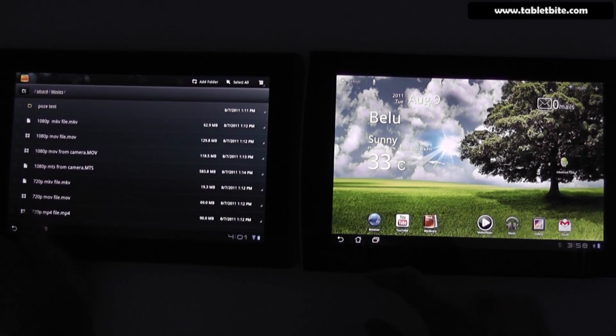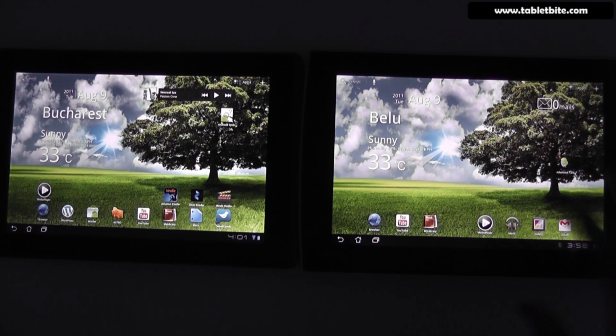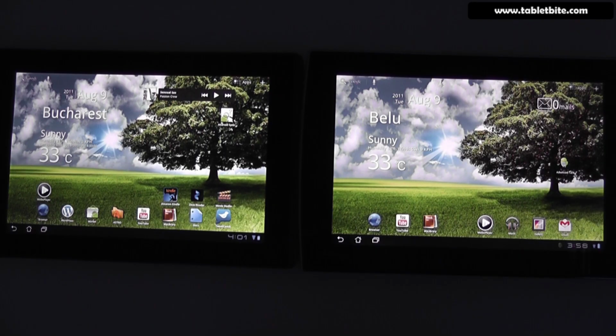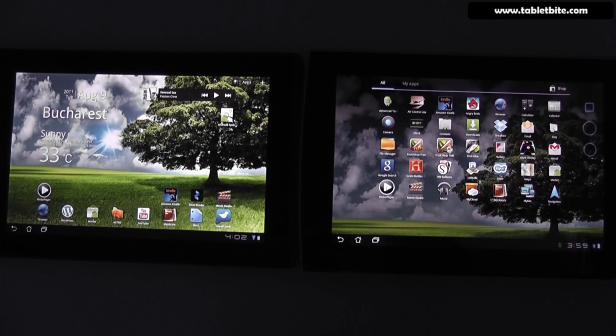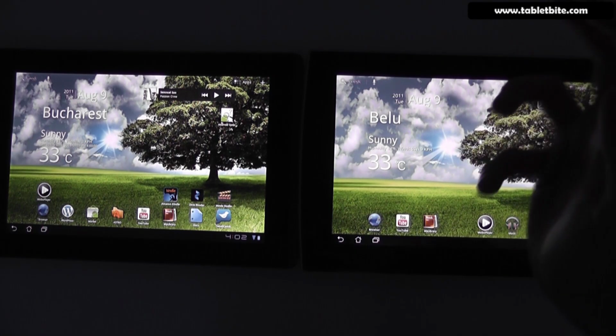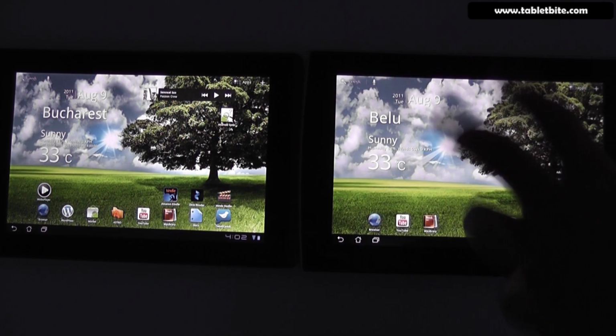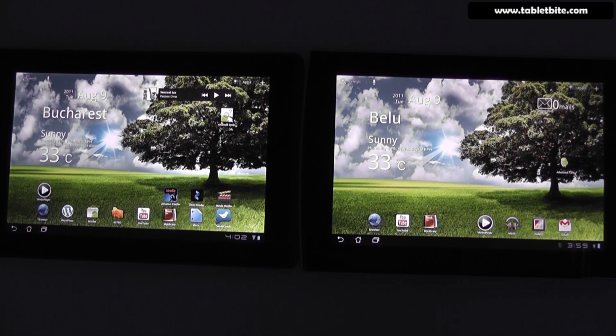And once again, there are some errors. So overall, you can play pretty much all types of 720p content. Not all of them will run smoothly though, and you can't really use the native movie application that is offered with Android. You have to rely on third-party software, and this is not really a problem with only these particular tablets. All Tegra 2 tablets have this kind of problems with 1080p content and 720p content as well, self-stored on the